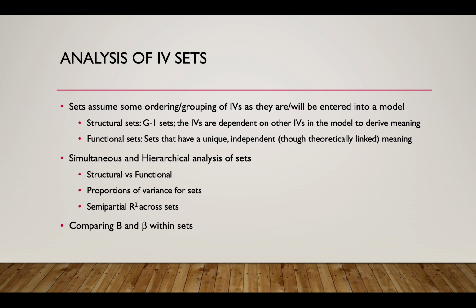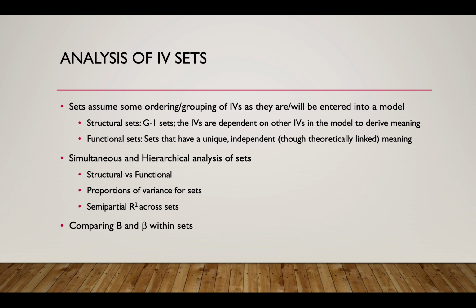Here's a better example. Let's say that we have 5 different aspects of impulsivity: positive urgency, negative urgency, sensation seeking, conscientiousness, and perseverance. We might say that all of those are a functional set of independent variables that